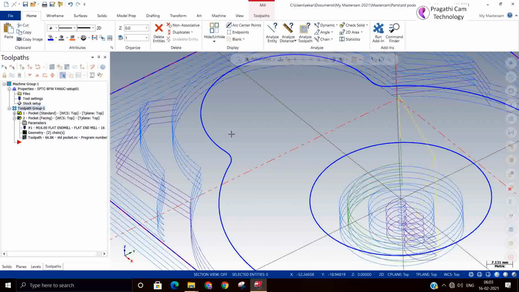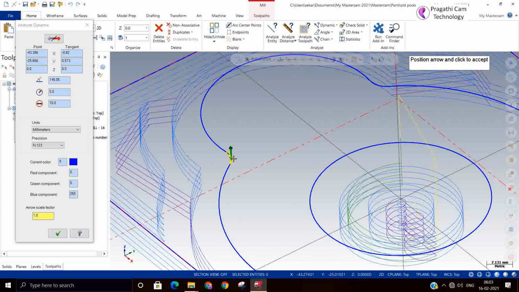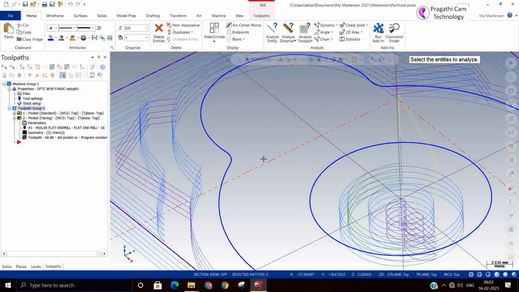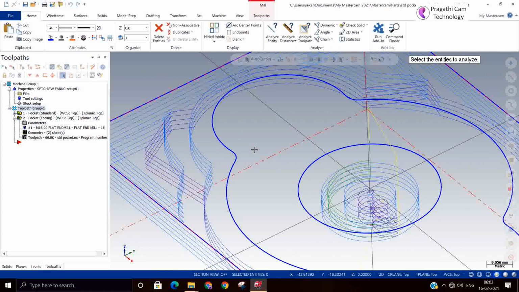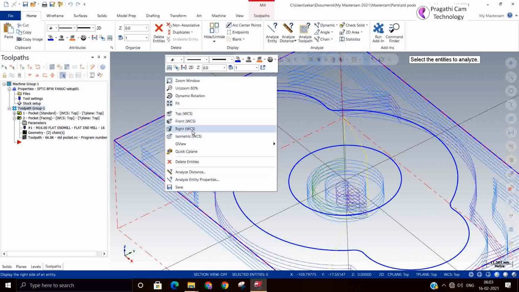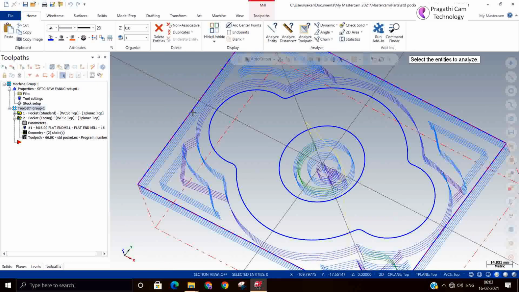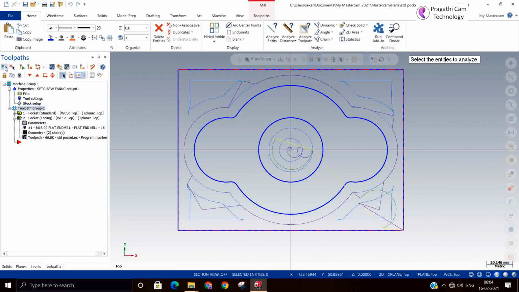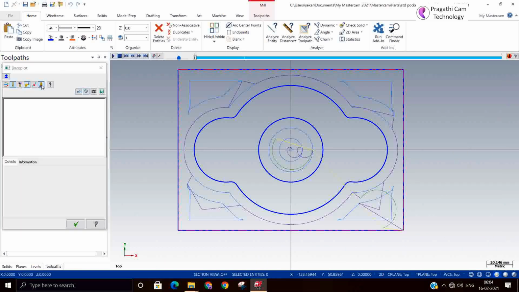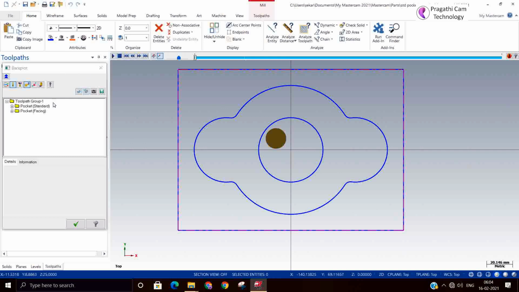So we can see here the radius here, R10. So the cutter is R16. We'll back plot and see if it has removed any material, or if it left any material on the corner.